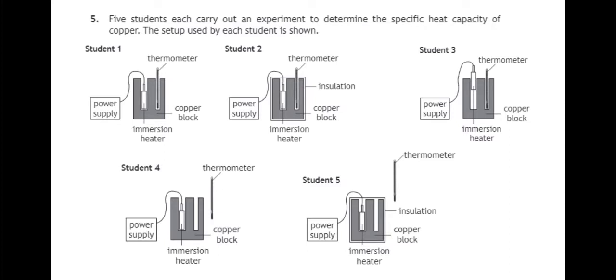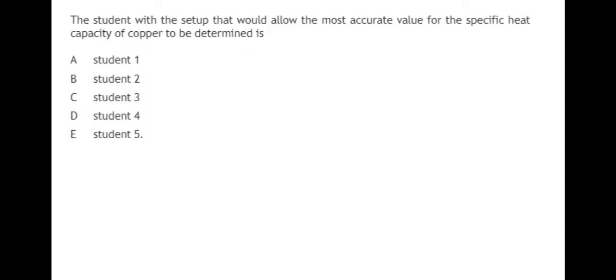Number 5. 5 students each carry out an experiment to determine the specific heat capacity of copper. The setup used by each student is shown. The student with the setup that would allow the most accurate value for the specific heat capacity of copper is determined to be,